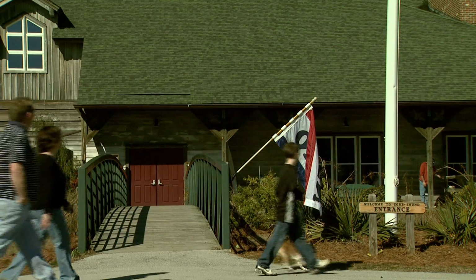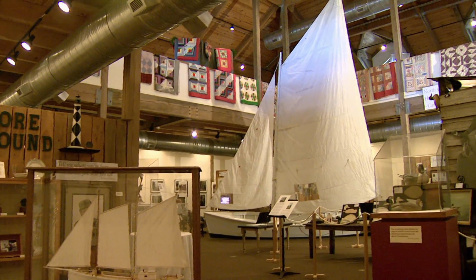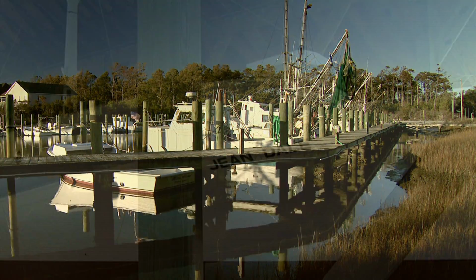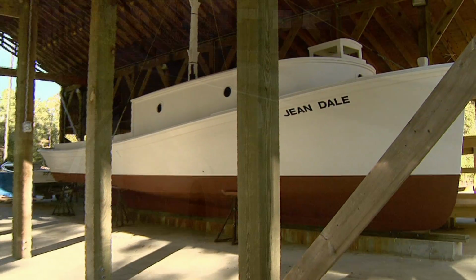Construction took more than 7 years, beginning in 2002, and the resulting facility mainly tells the story of boat building and fishing. To work the water, you've got to have a boat, and people here work the water to live first, and then to make a living. And Harker's Island has always been synonymous with boat building. It's been our claim to fame, just like commercial fishing was to Atlantic, and decoy carving was to Stacy, and